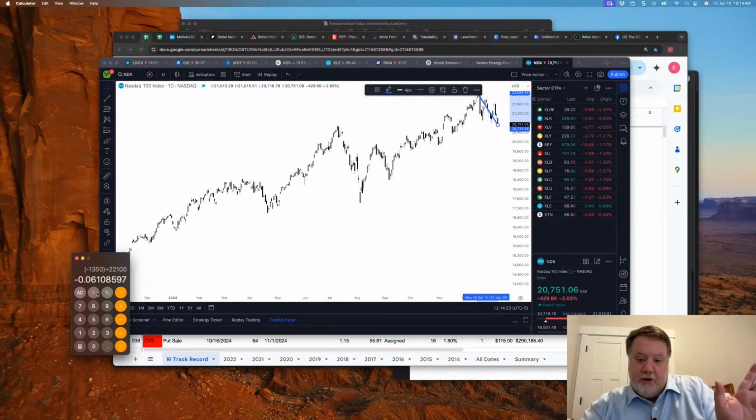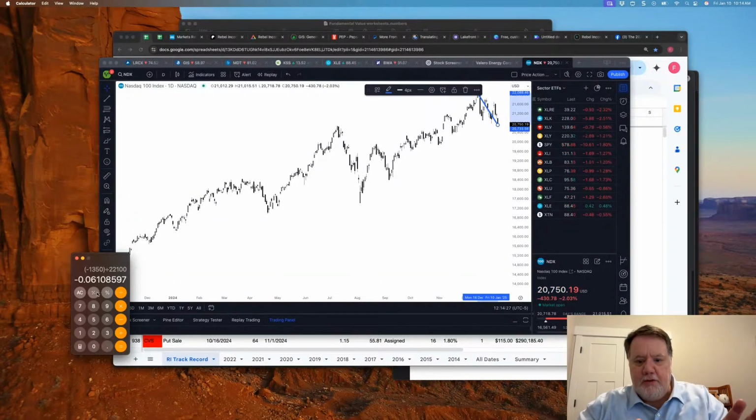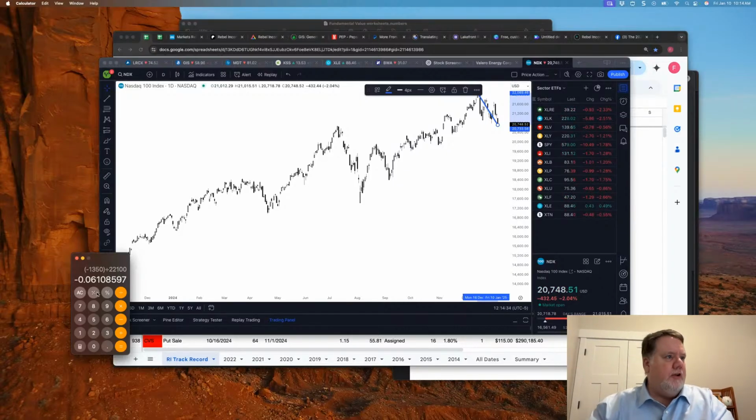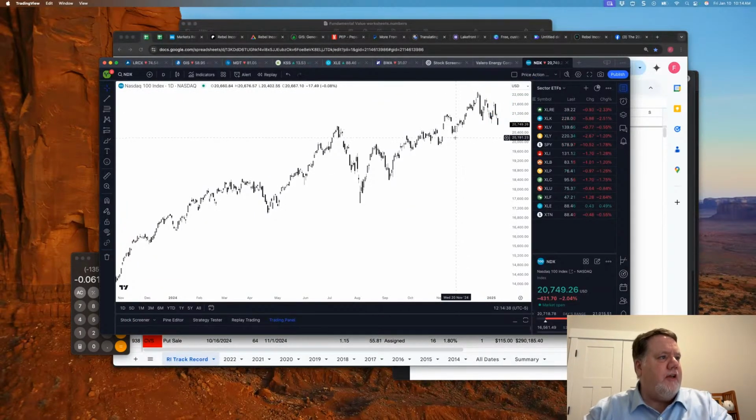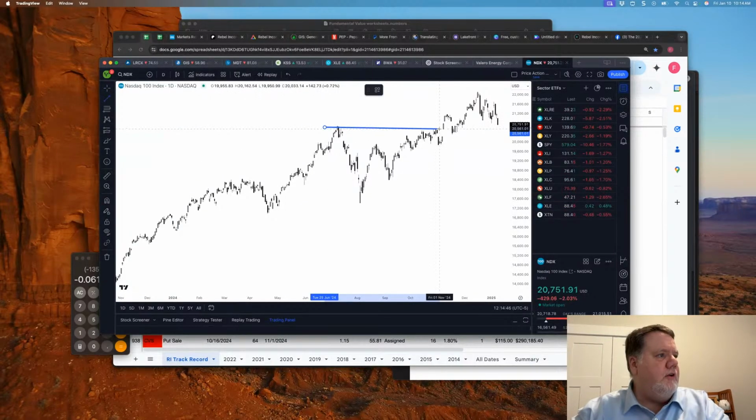That doesn't mean that I shrug this off and say, well, no big deal. But let's put this in context. So far, this is just a normal pullback within a much longer bullish trend. The next question that I'm going to ask for the NASDAQ is, if this continues, where should it find next support? Well, isn't this interesting? Let me just draw this line. Looks like it's already starting to approach it.